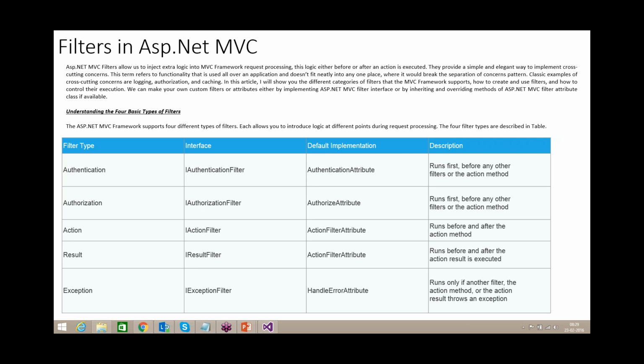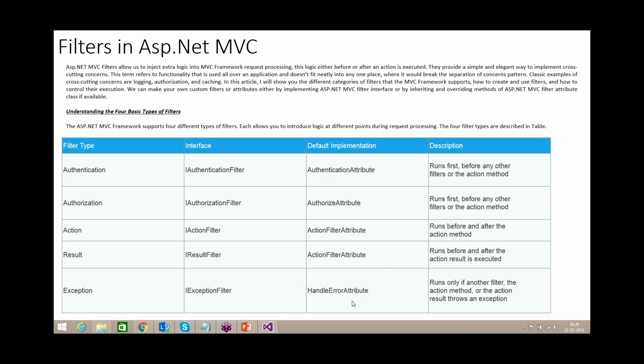The action filter executes before and after your action, where action means the method inside the controller. The result filter also executes before and after your action executes, but the exception filter runs only if another filter, the action method, or the action result throws an exception.